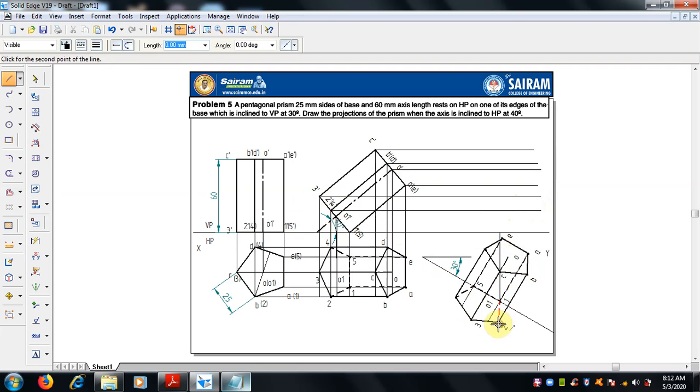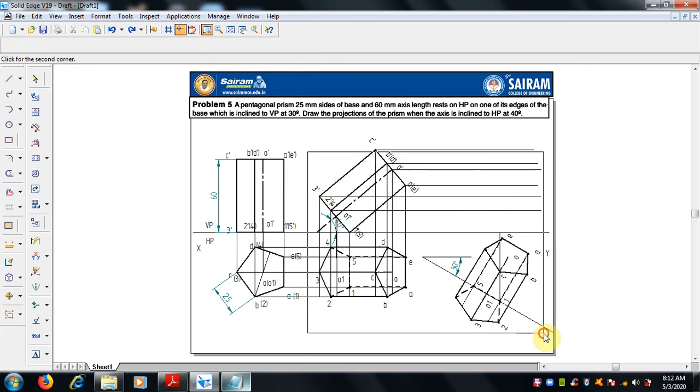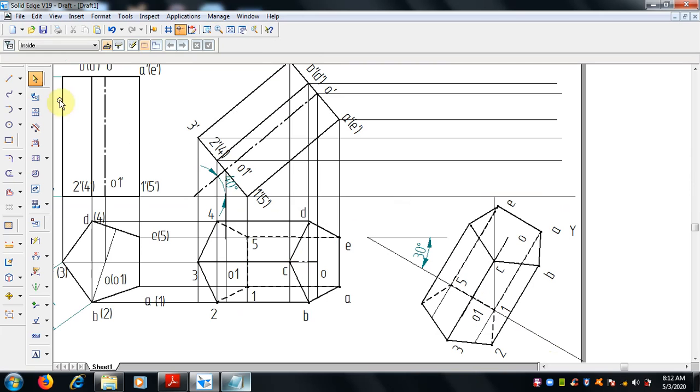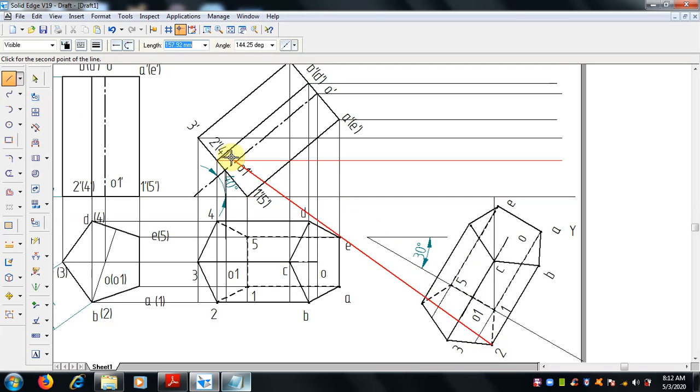2, 2 dash, 2 dash. Zoom it for better projection. Set a line, draw this 2 dash here where it meets, 3. 3, and this is 4.